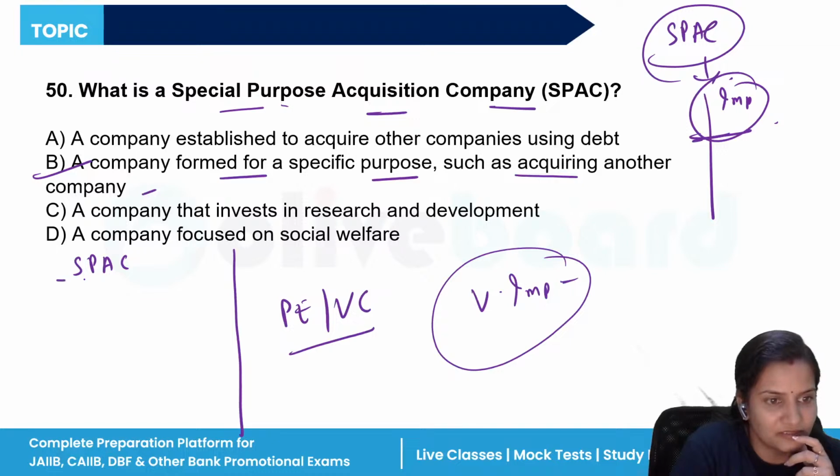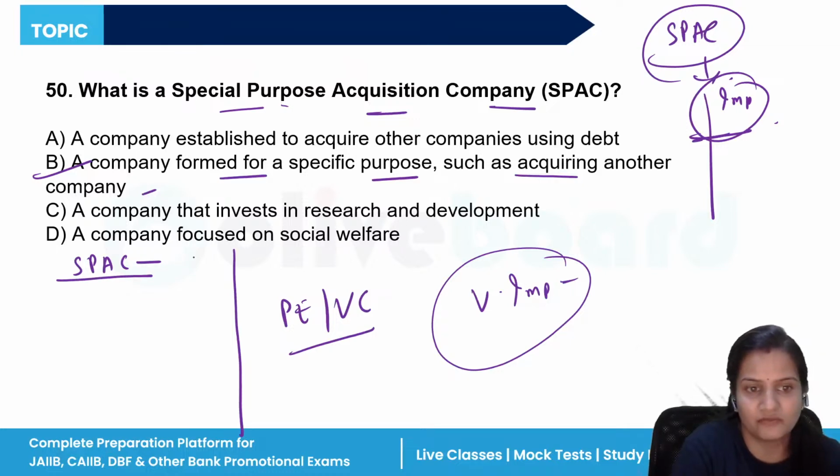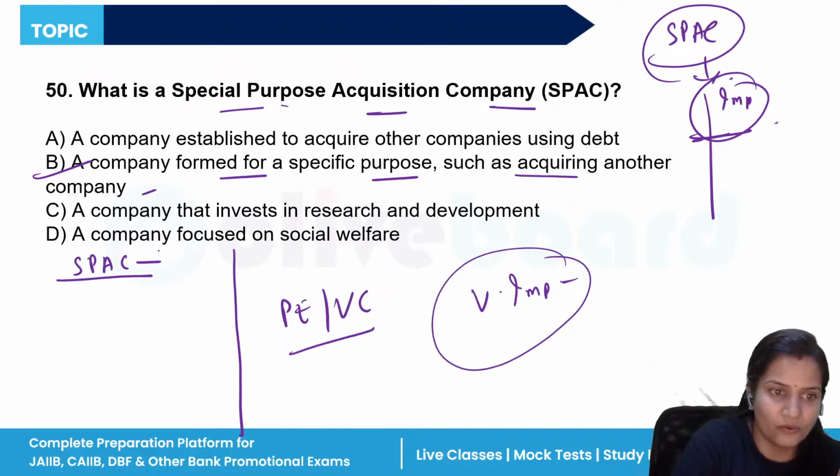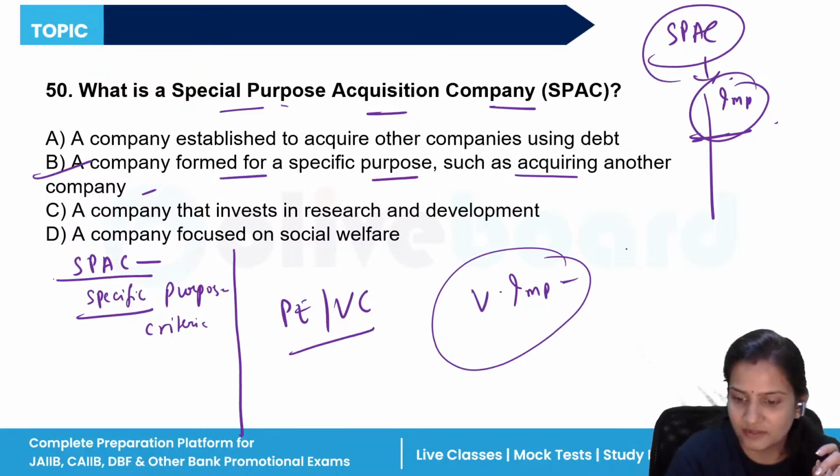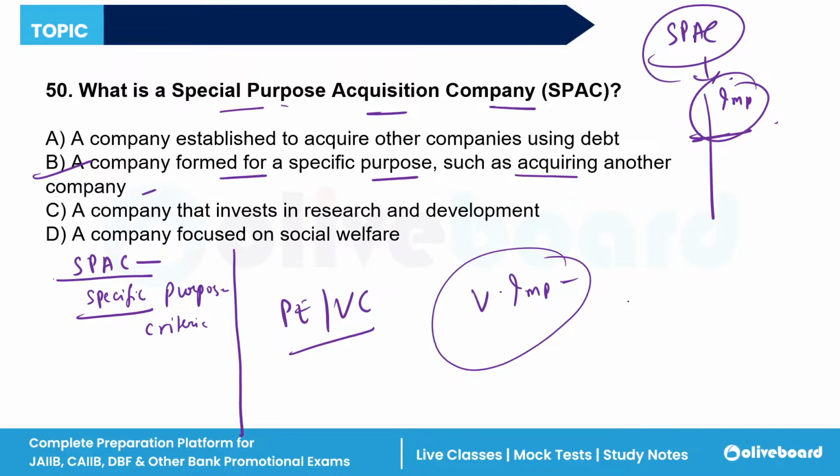See, these companies don't have their own existence. They are only made for a specific purpose. To fulfill any specific criteria, these companies have been formed. For example, let's suppose,